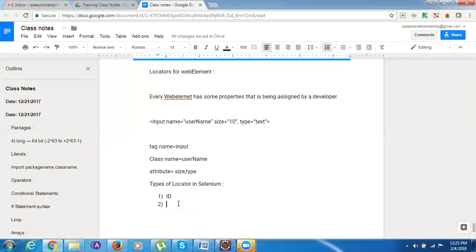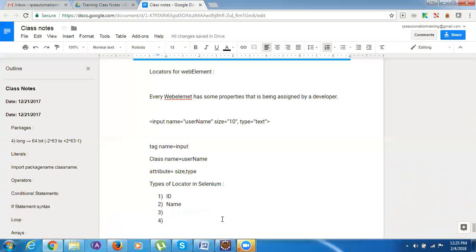If it has a name, and if it has a class name, or if it has the ID name, then